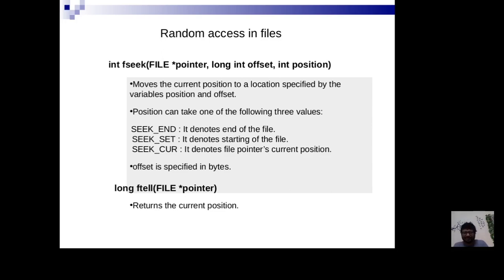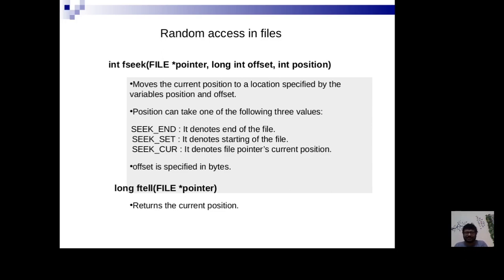So there is this current position that is maintained. When you open the file, the current position is 0. When you perform write, let's say in an empty file, after you write 5 characters, the current position becomes 5. Then when you write the 6th character, the position in which it is written is the 6th position, and so on. So this position is maintained. Now if I want to access some position that is not my current position, how do I do that?